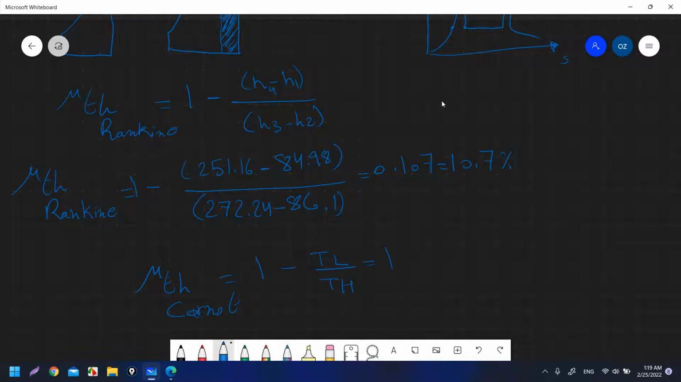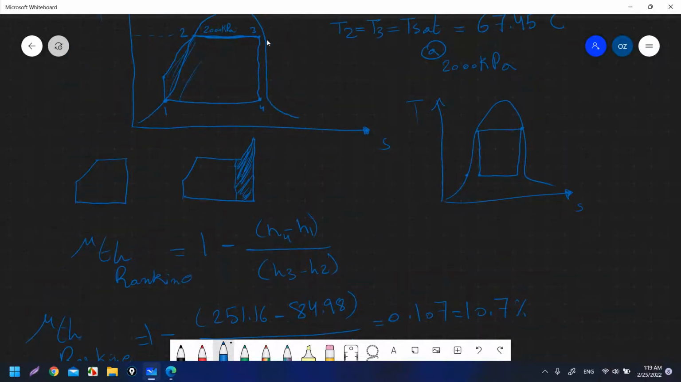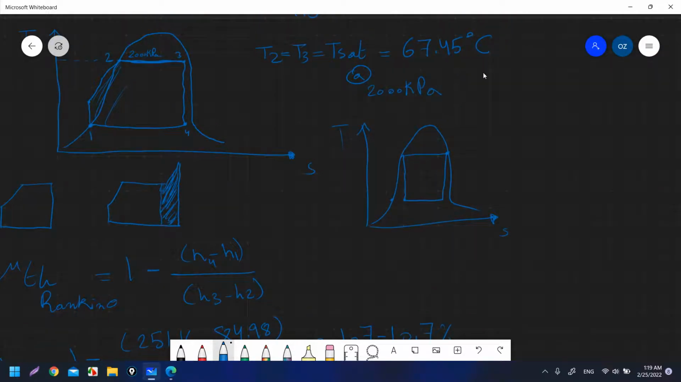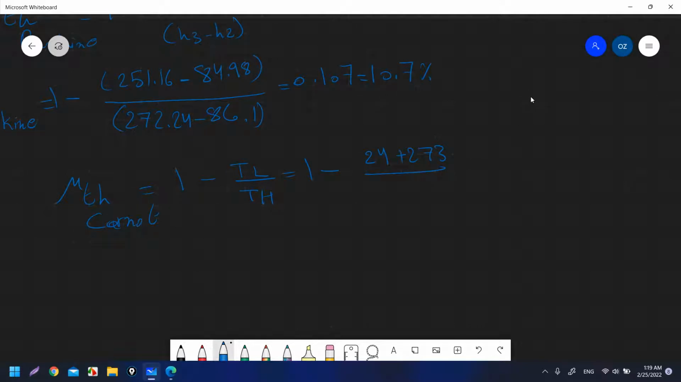The lowest temperature is what? It is given in the question, which is T1 equal to T4, which is 24 degrees Celsius, given in the question. And we add the 273 to be in Kelvin. And TH is what? TH is this temperature, T3 we calculated here, 67.45. So this one is 67.45, and we will add 273, and this will give you 0.1276